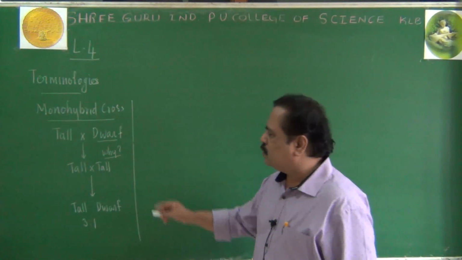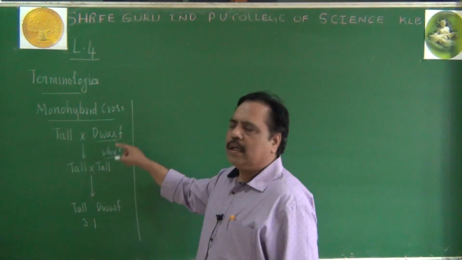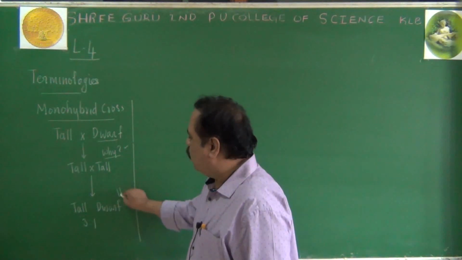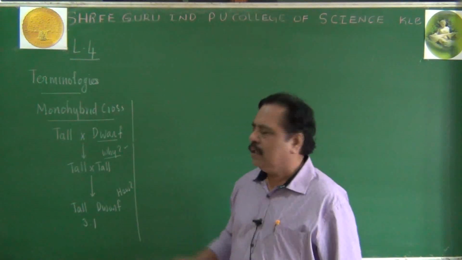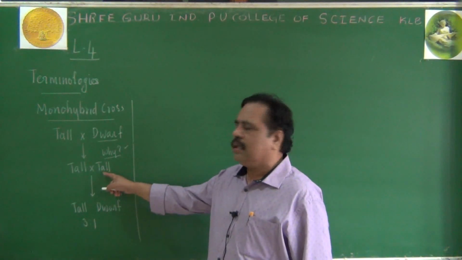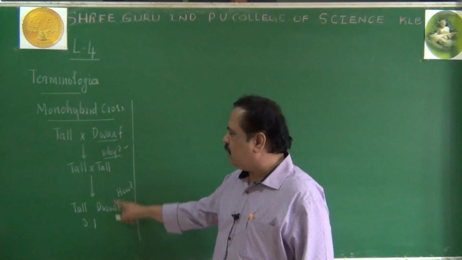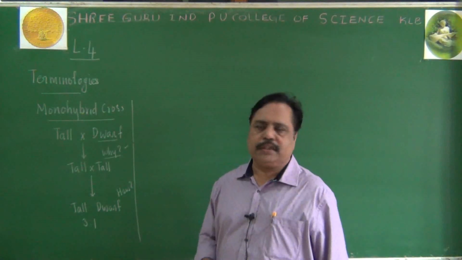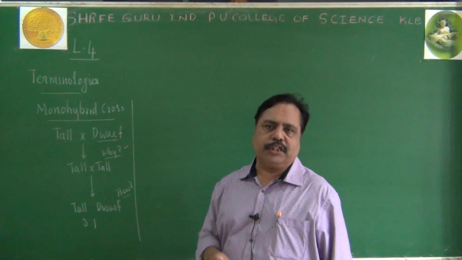Remember this point. So, this is the monohybrid cross outline done by Mendel, we can say. How to understand this one? Here there are two questions. One is, why did dwarfness not appear in the first generation? And the second one is, how could it reappear in the second generation, even though it was not taken as a parent for the second generation? It was not taken as a parent, but still it has appeared in the second generation. How could it appear? These are the two questions.